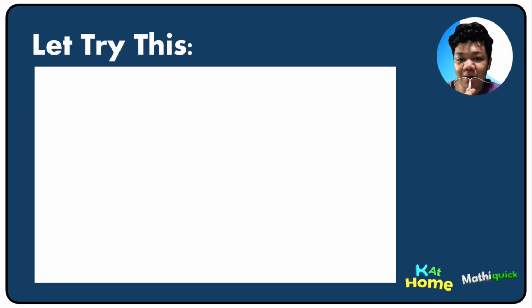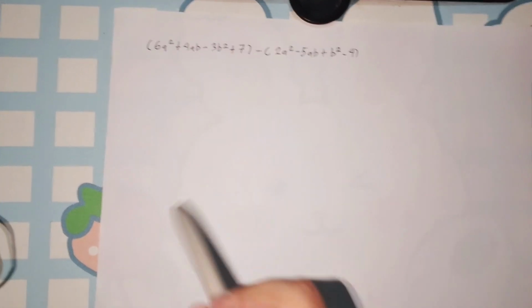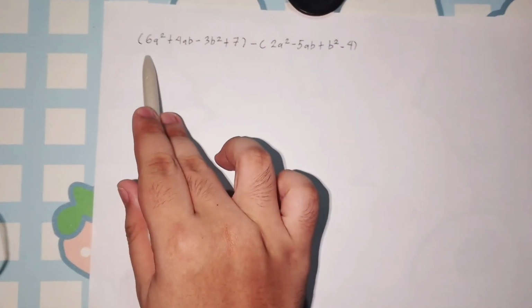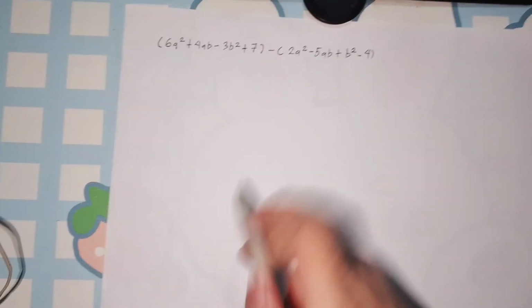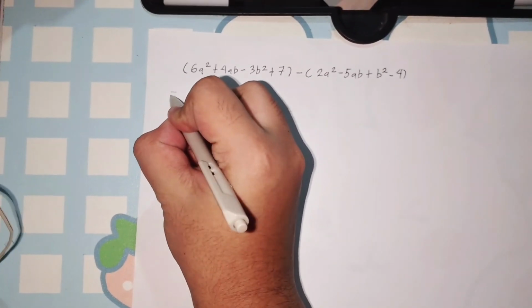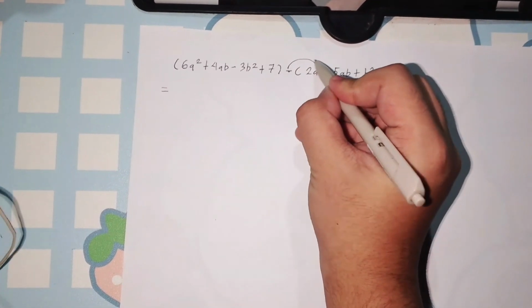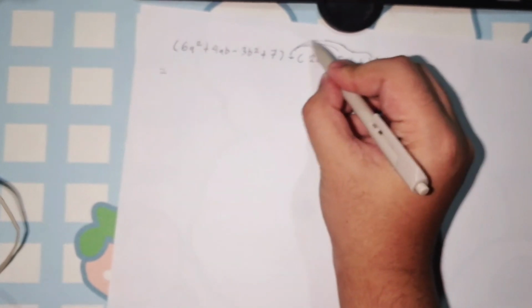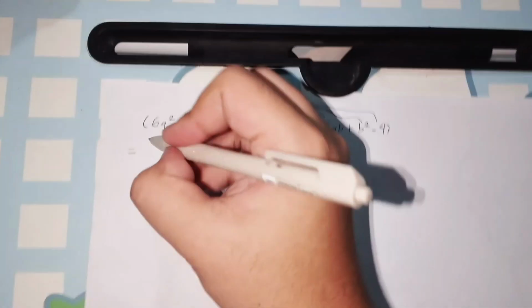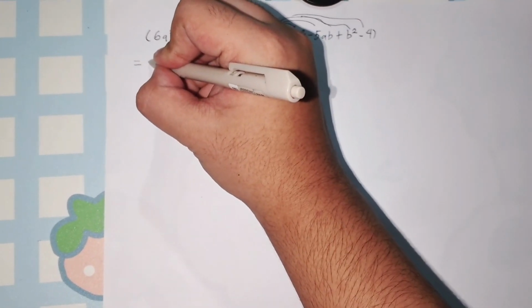Now, how about we try to solve a subtraction of algebraic expressions? We're now given an expression to solve, which is this one on the top. How about we try solving it? We can notice that there's a subtraction sign between two parentheses. For now, how about we try distributing the negative sign to the second parenthesis, which is these terms. After that, we will start bringing down the first parenthesis.